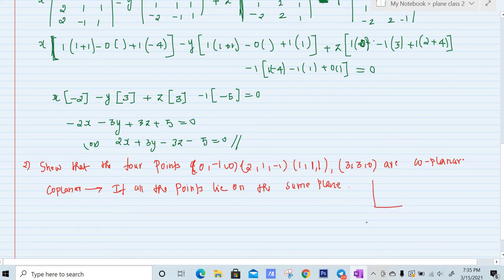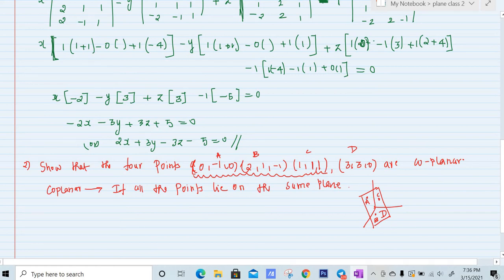So what we're going to do is, first we're going to find an equation of the plane that is passing through these 3 points. Let's say this is A, this B, this C and D. After finding the equation of the plane passing through these 3 points, I'm going to say that this point D also lies in this plane. How can I say this point D also lies in the plane? I need to show that this point satisfies the equation of the plane passing through these 3 points. If that happens, then we can say these 4 points are